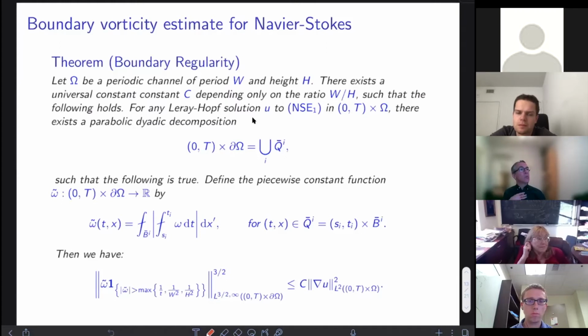And what we say is that whatever the Leray solution u that you take here, there is a decomposition of this boundary, which depends on u, a parabolic dyadic decomposition. Why we need to do this, I will explain later, but such that when you take the mean value, you replace the omega by the mean value on each of those domains, right? And when you do this,